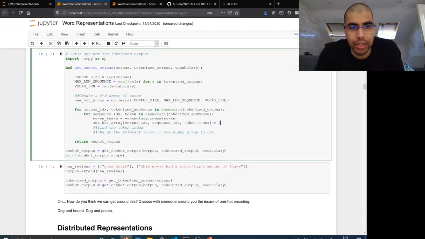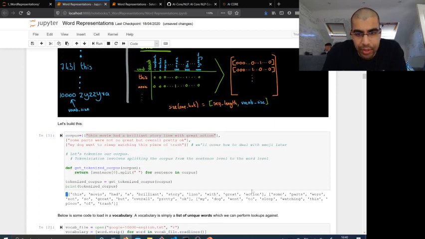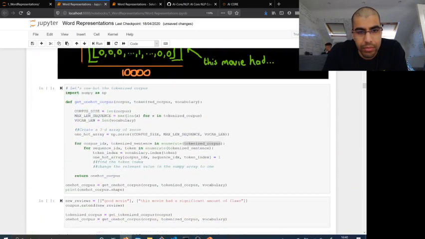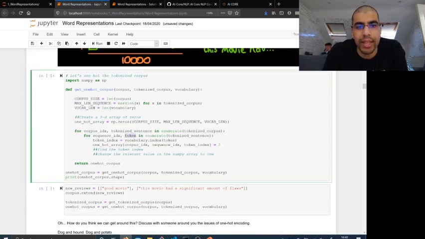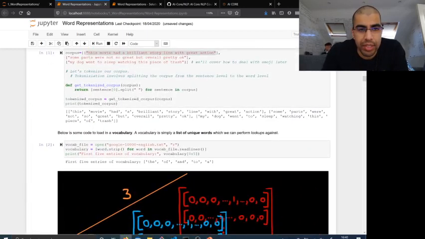Okay. So let's just talk about the for loop, just so you guys are a bit clearer on that. For every tokenized sentence in our tokenized corpus, which is every one of these, so first iteration, second iteration, third iteration, we're gonna look at each of the individual tokens in that tokenized sentence, and we also have the sequence index of that. So for this sentence or sequence, this is obviously 0, 1, 2, 3, blah blah blah,